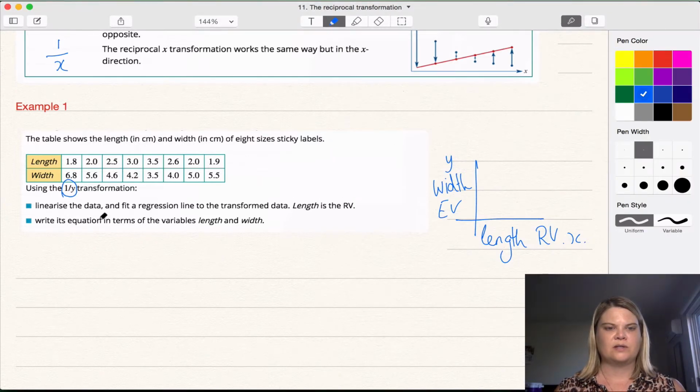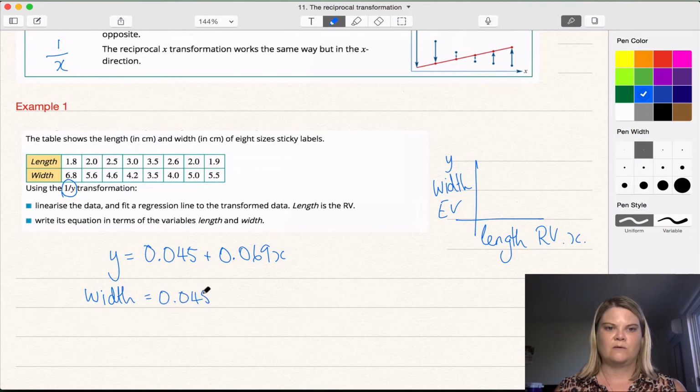We need to answer our question. Fit a regression line, length is a response variable. Write the equation in terms of the variables length and width. So I'm going to start by writing it y equals 0.045 plus 0.069x. But they have specified they want us to use length and width. So length was x, width was y. Width equals 0.045 plus 0.069 times